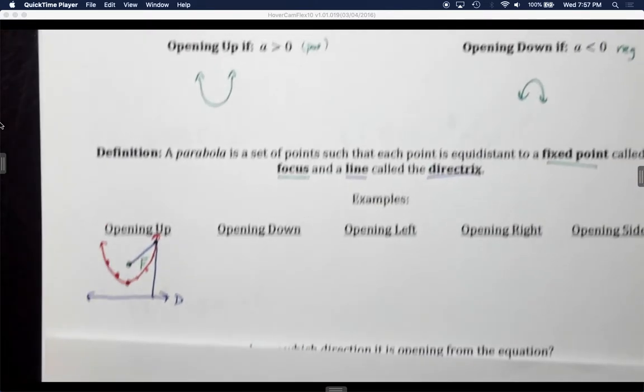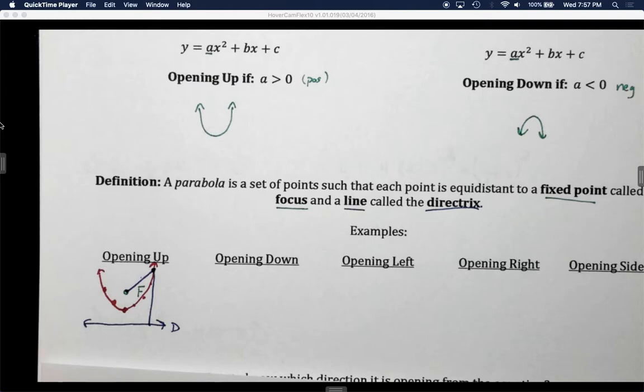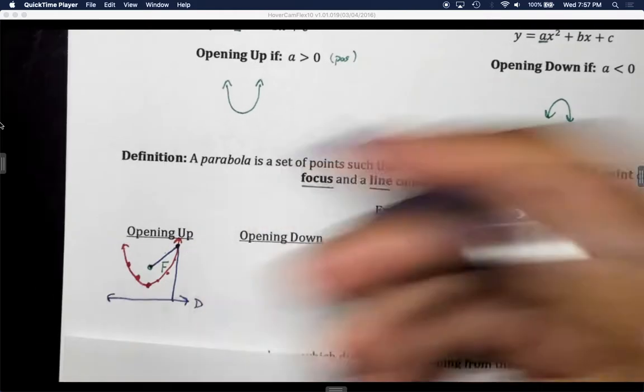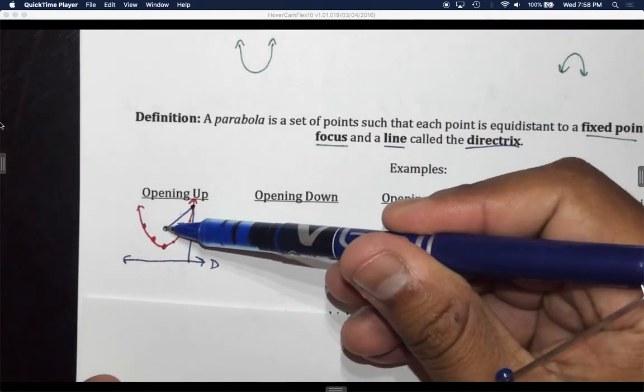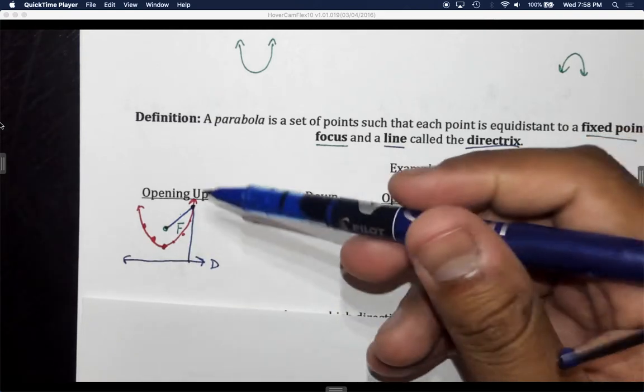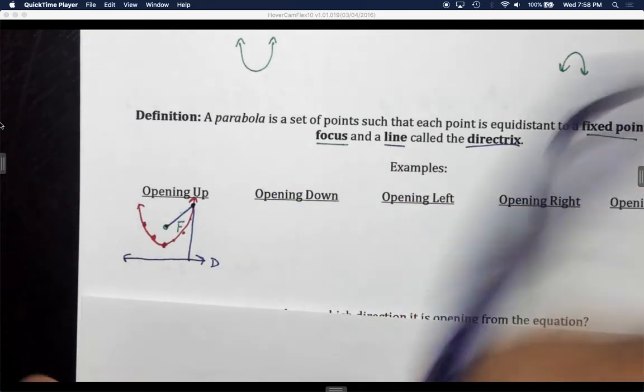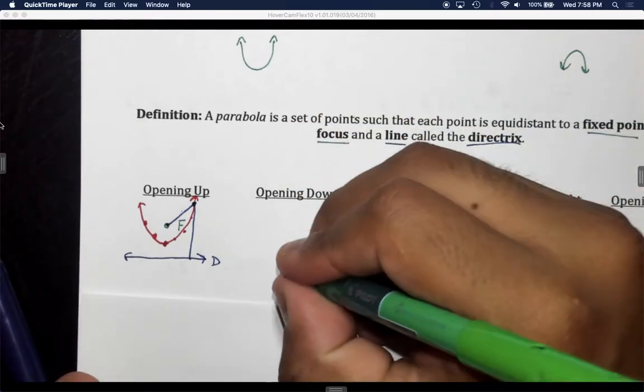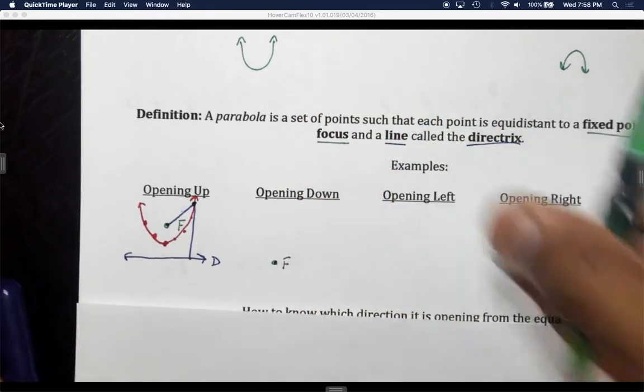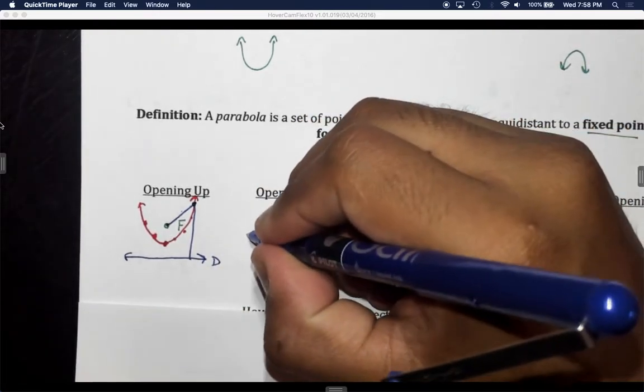Now, you might be asking, how do I get an upward facing or a downward facing parabola? I already know how I get upwards, because all I need is a focus on top of my directrix. Well, let's just flip those and see what happens. So let's say I have my focus point that doesn't move, and I have a horizontal